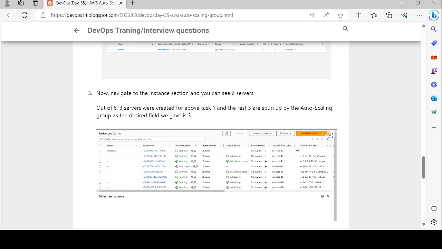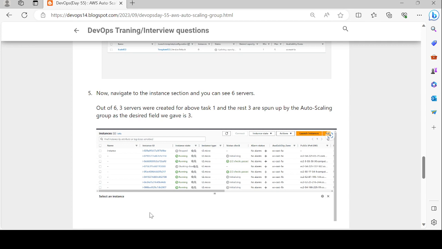Since that has all the configuration data, like which AMI, which instance type, and which security group we selected, all of that information is in that launch template, which we use here to create the auto scaling group. So the 3 instances running here have the same configuration as the launch template which we created in the previous task, but here we have created the auto scaling group